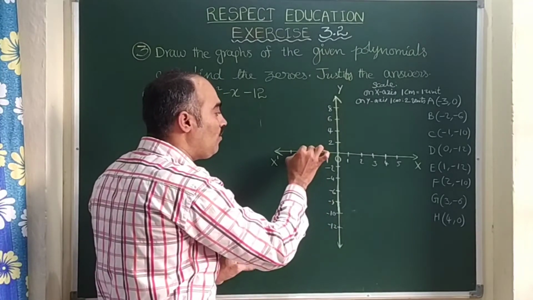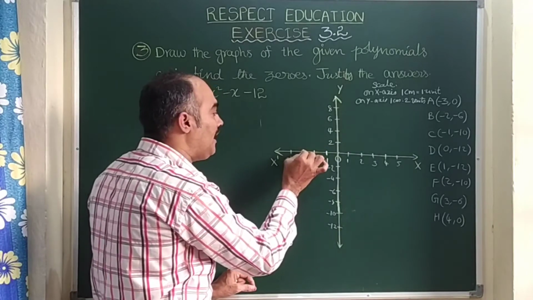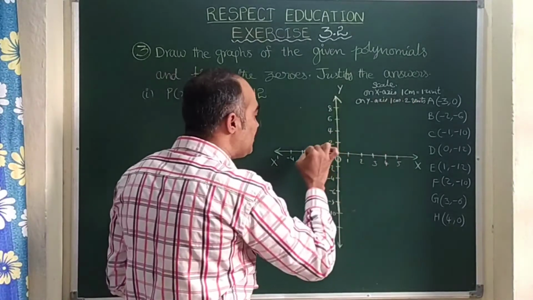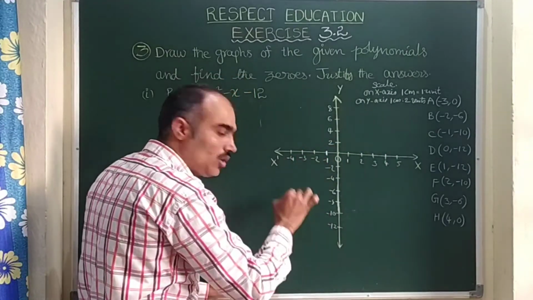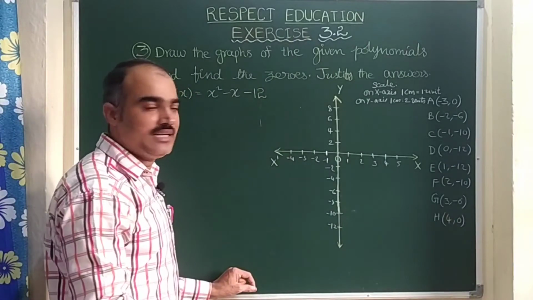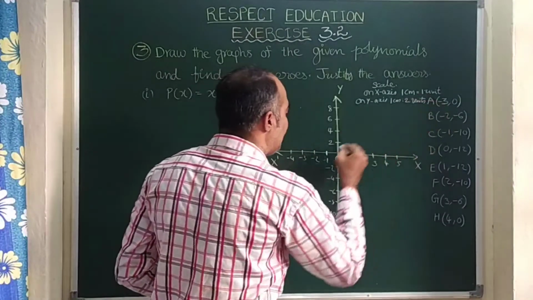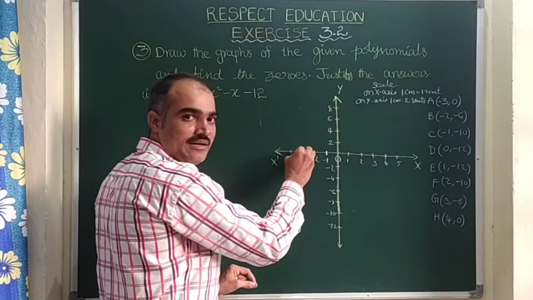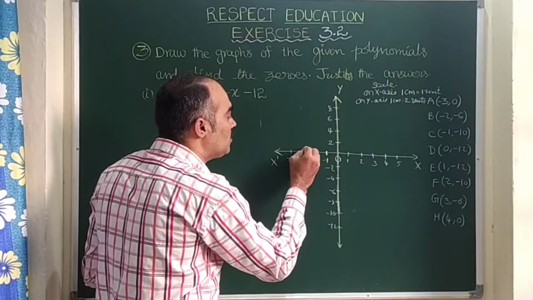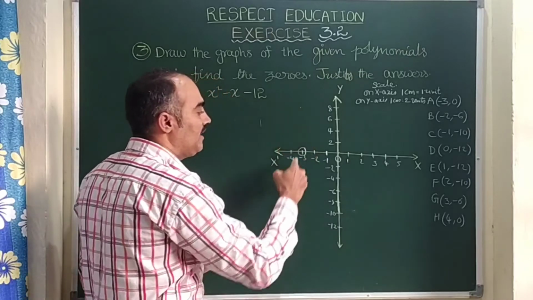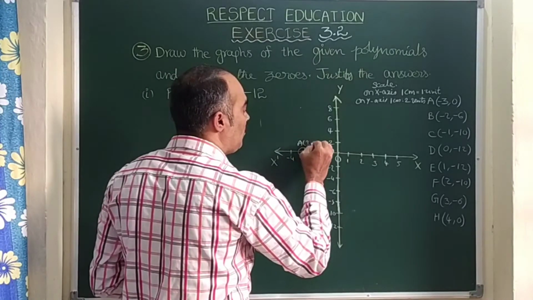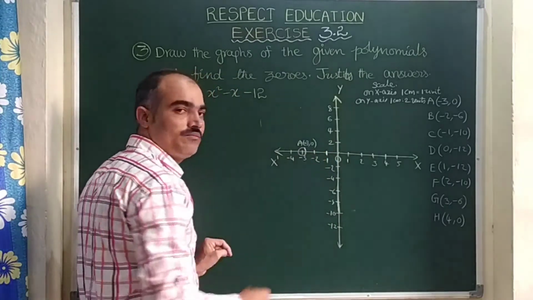If the y coordinate is positive, then I have a chance to go up. If the y value is negative, then I will get a chance to go down. If y is 0, I need to stay back there itself. Is it clear, children? See here, first -3. So I brought my bike here. Now I have seen next value 0. 0 indicates I should not go anywhere. So this is the first point, children. Here I can write it as A (-3, 0).